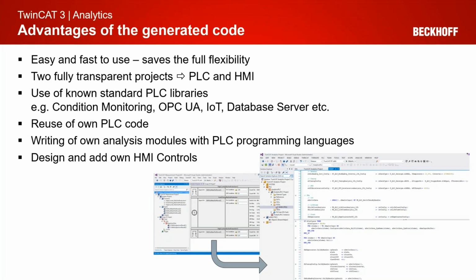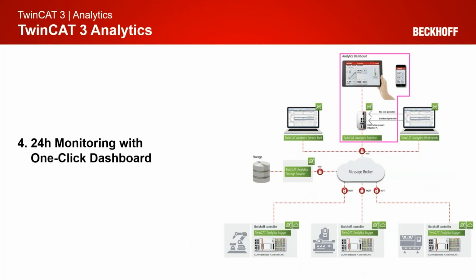This is really up to you, but in any case you will save a lot of time by this automatic code generation. And this is then finally what we download to the TwinCAT Analytics runtime. So we generate the PLC code and the HMI project and download it to the runtime, and the runtime provides us then these